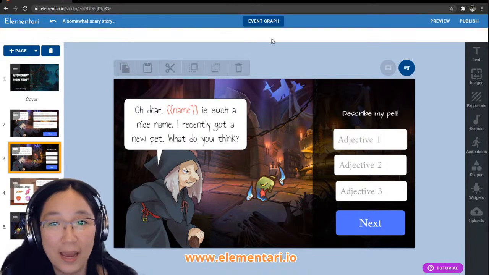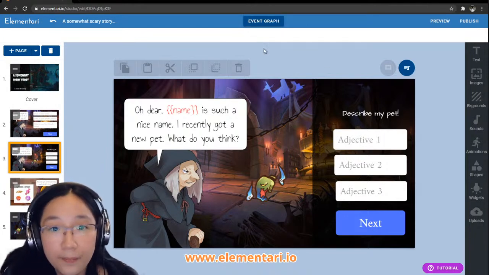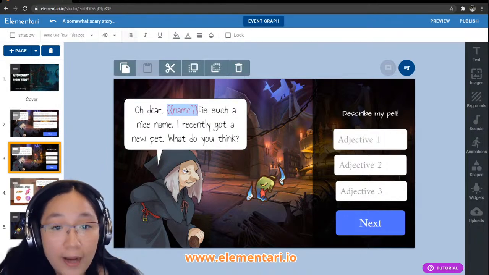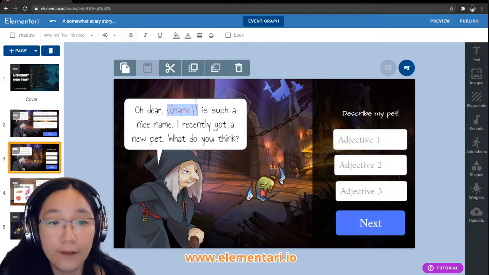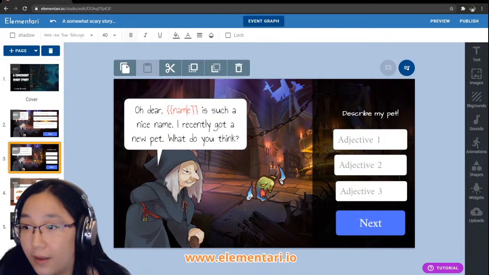That's what I want to happen. Yeah, you can make up a name. So basically, take a look. We have these curly brackets, and these curly brackets are really important because they let us know where our variable is. So every time we want to use whatever they put in the name, we need to have the curly brackets and name. Okay?